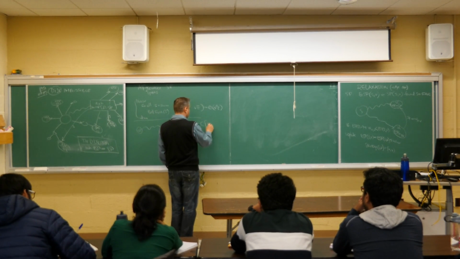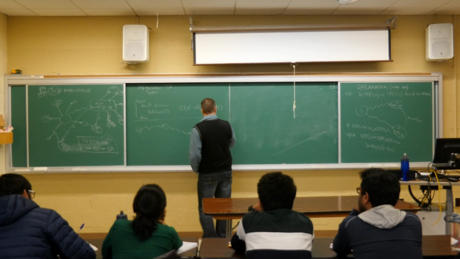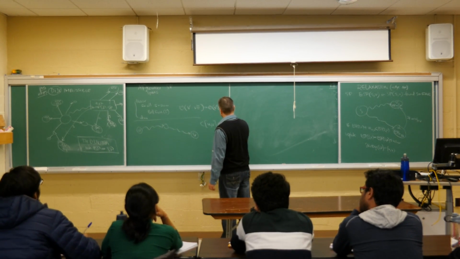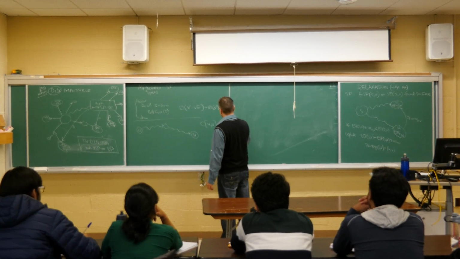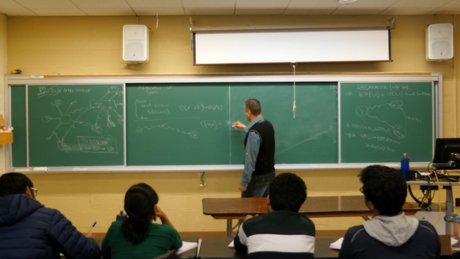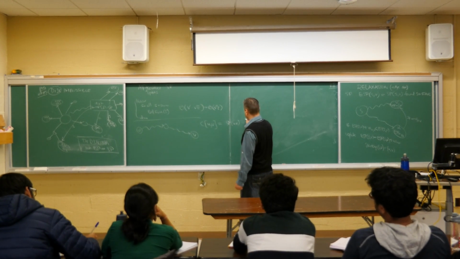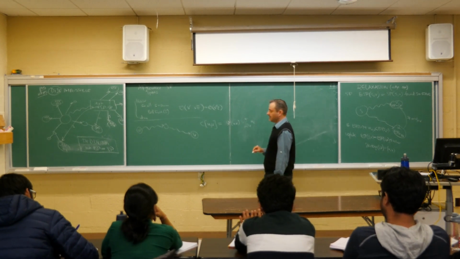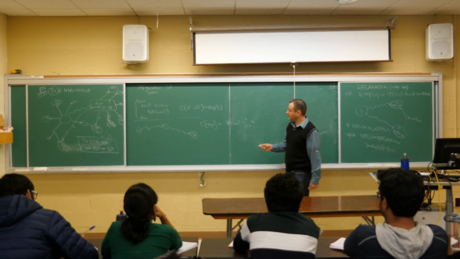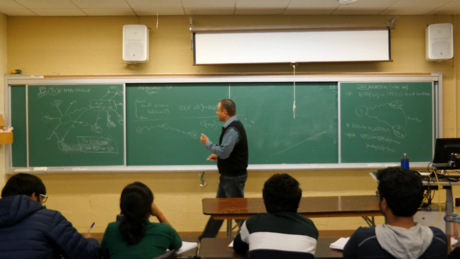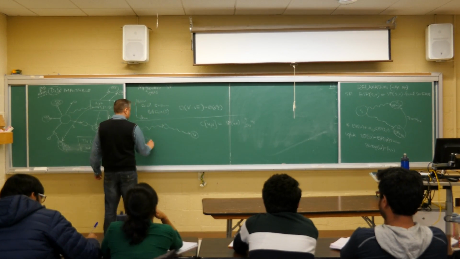So C of UV is the best path, shortest path between U and V, the actual length, the actual sum of the weights of the edges on the shortest path. So I'm defining C as my objective. I want to minimize those paths. And I have this optimal solution property, structure,